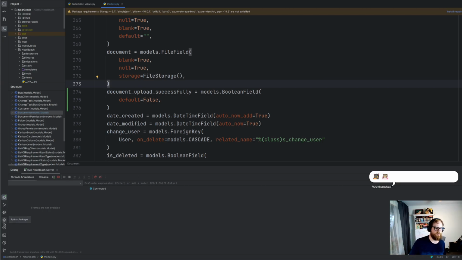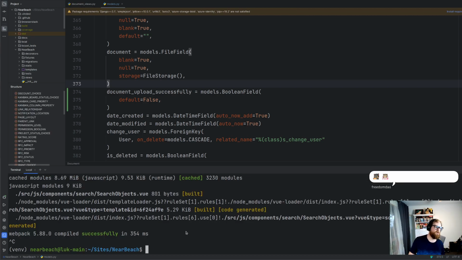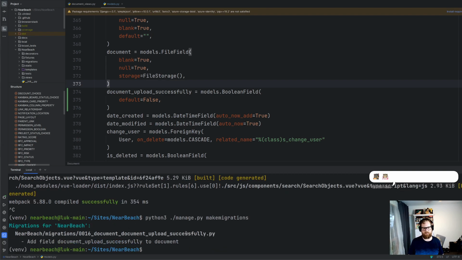So what I want to do is I want to open up a terminal. I just want to stop this for a second. I want to just go python3 manage.py makemigrations. It's going to make that migration. Python3 manage.py migrate. Now, I've just realized it's going to make every single one in there false by default,